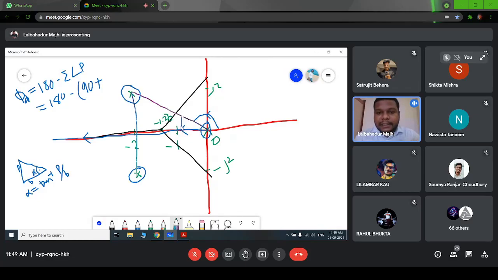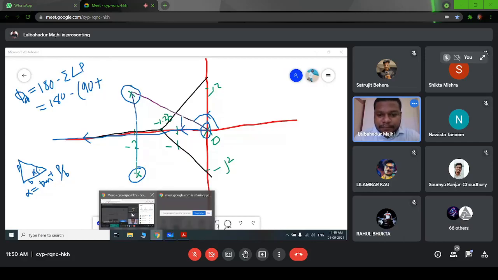Here P is the perpendicular one. So what is the value of P here? Anyone? The length of P is